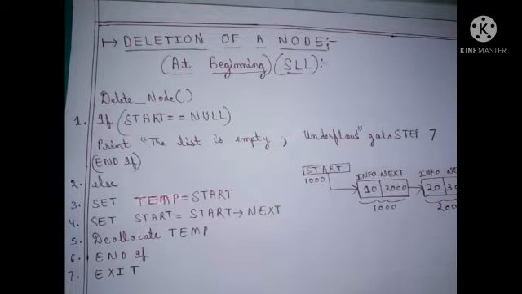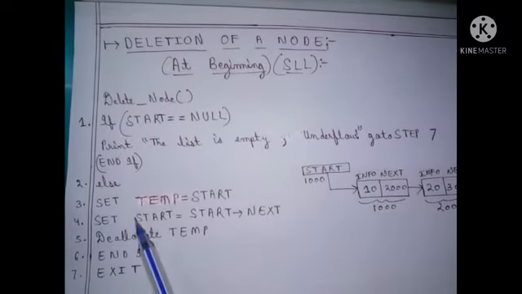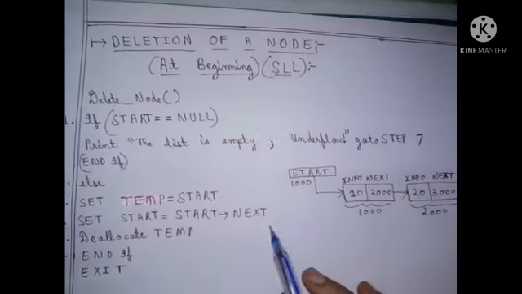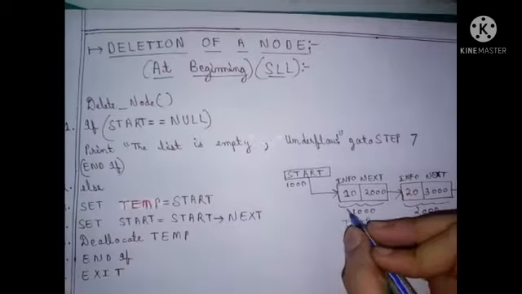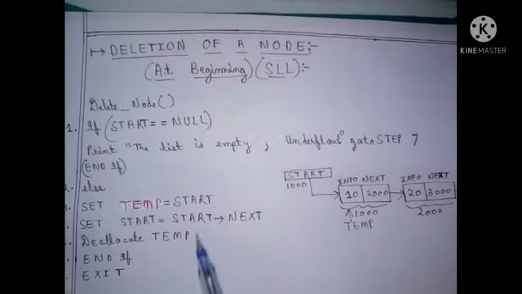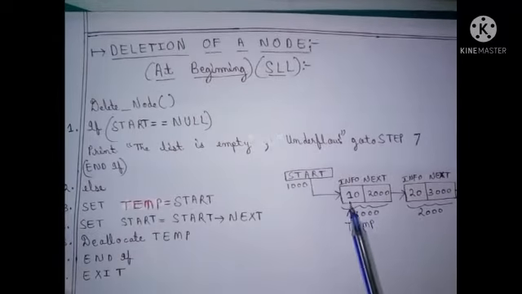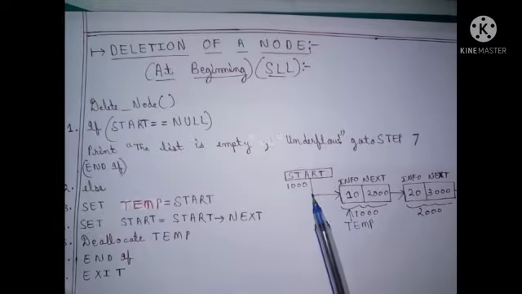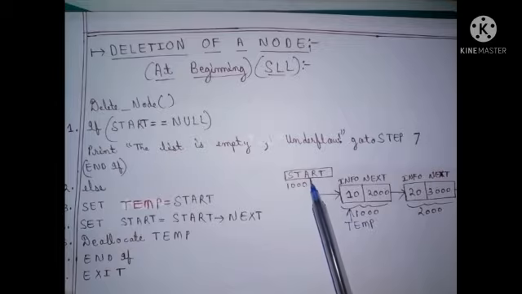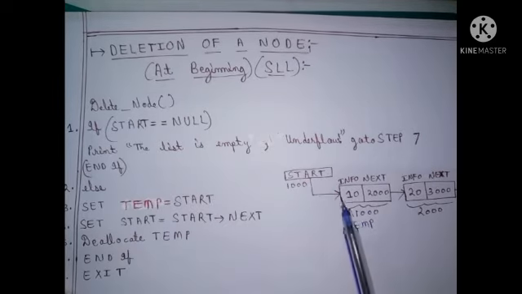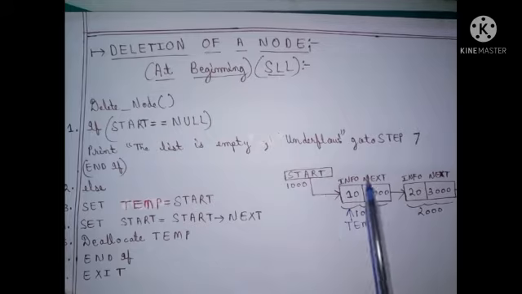But let's see that now our list is not empty. That means our list is filled up. In that case, this if condition will become false and the else will be executed. Here, first of all, we will take one pointer, let's say temp. It is pointing to our first node, that is start. Start, as I have already told in my previous videos, is the head pointer which keeps track of the first node. It contains the address of our first node.